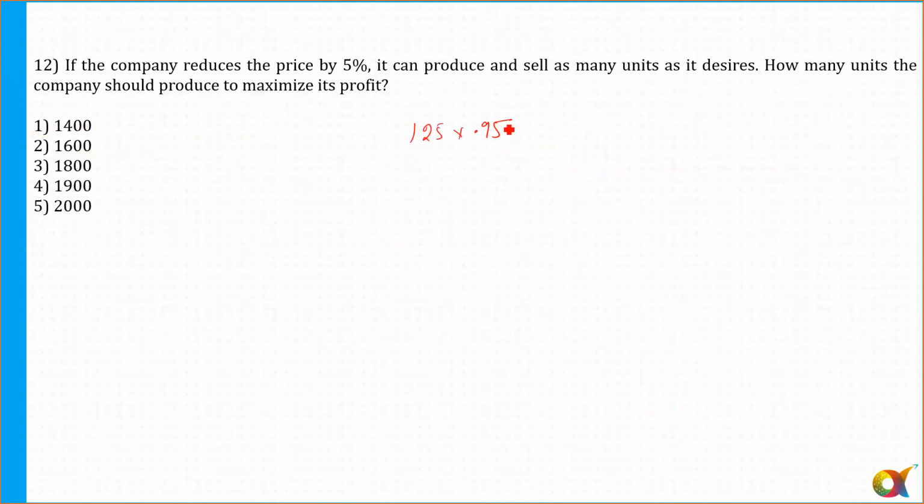So if I want to maximize the profit, I should sell all the 2000 units, isn't it? Because maximum production is 2000 and the selling price is fixed. This is my new selling price for every unit and I can produce at the max 2000, so to maximize my profit, I should sell all the 2000. So the answer is option number 5. Now tell me if there are any doubts in this set. This set was also not very difficult, medium level. Can we move to the next question?